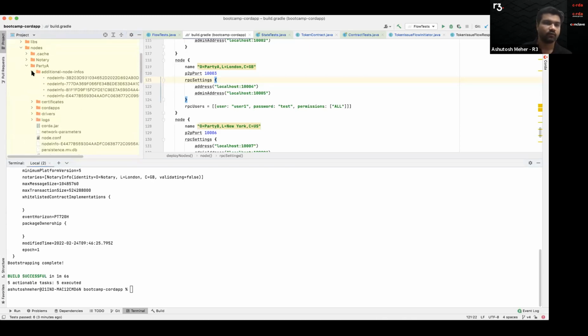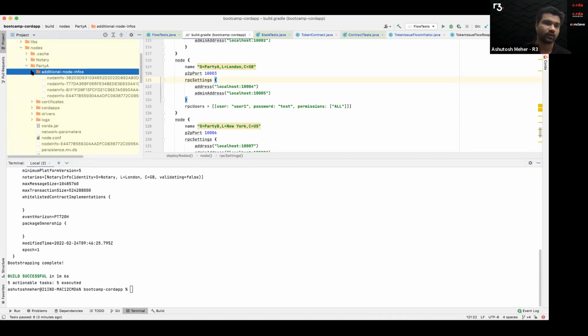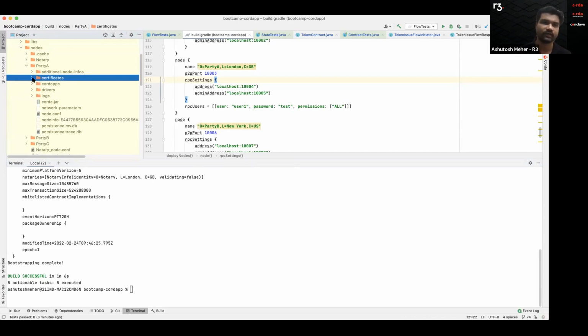So this is a folder called additional-node-info. Well, this is more likely your network map cache, right? That we use to fetch different identities. So this is where it all gets stored. And then these are the node certificates. Well, obviously dummy certificates. The CorDapp, which we have just written, has been copied over there. Different drivers. So it's not very useful at this point of time, but what we have is a Jolokia driver that's for JMX metrics, which you might want to fetch from your node to make sure that you understand how